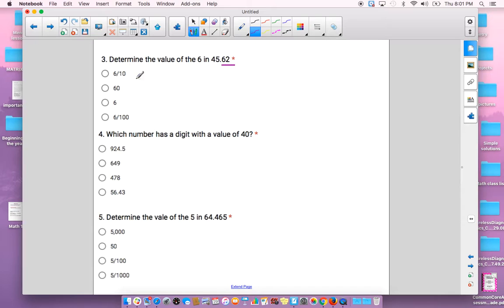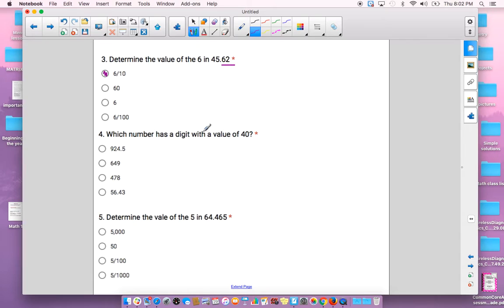So I would look over here and this says 6/10. Well, that's exactly what it is. It's not 60 because it's not a whole number. These are my partial numbers. This isn't a whole right here. It's not 6. Again, that's a whole number. And 600ths would be if my 6 were where the 2 was. All right, which